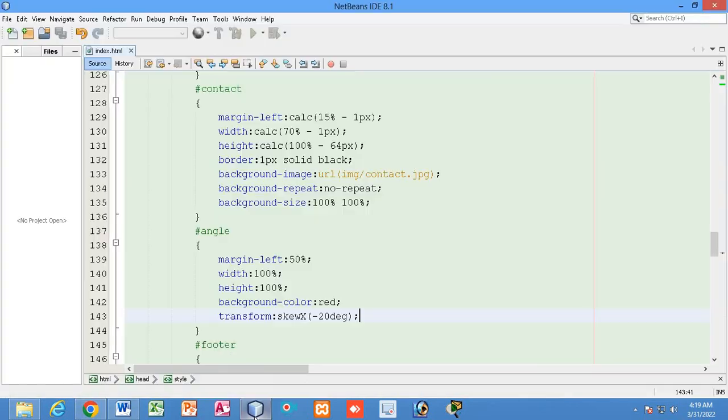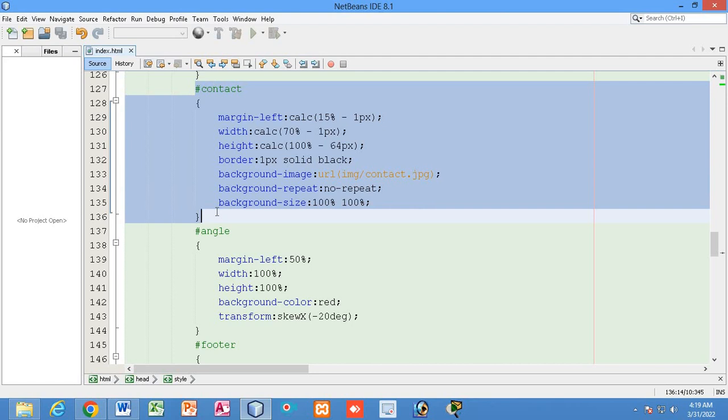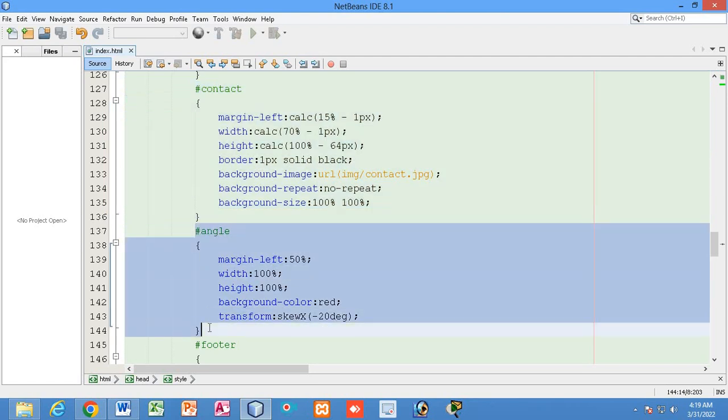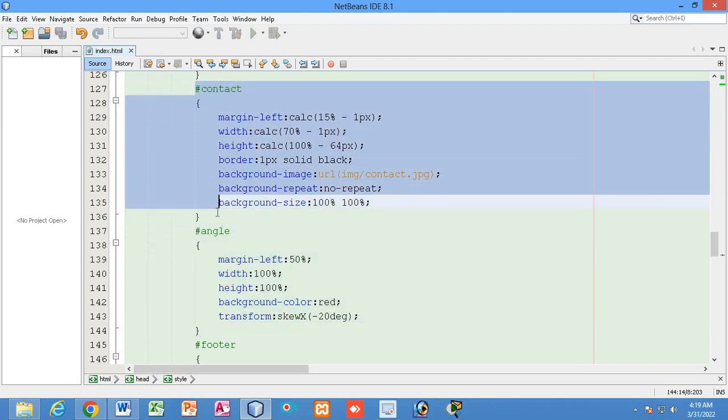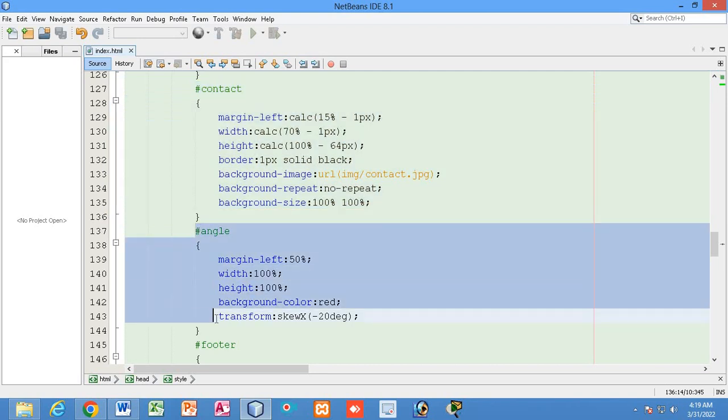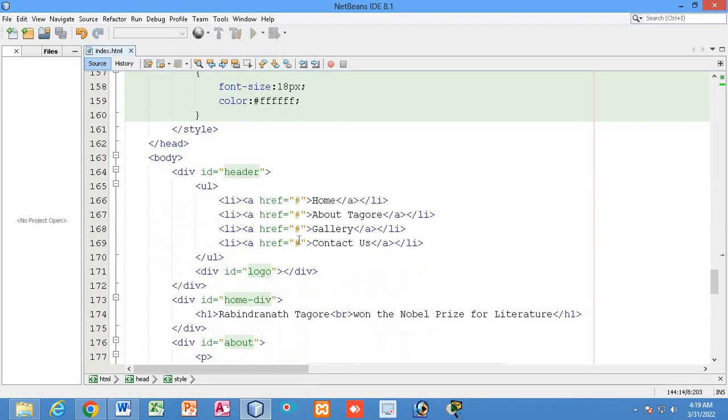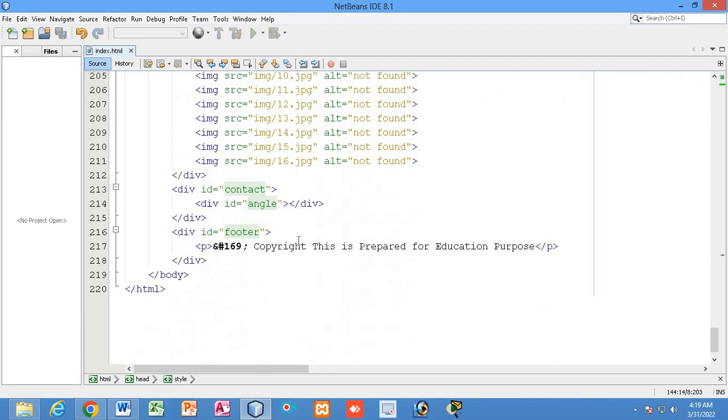Now one thing I will be doing over here. In the contact div, this is the outer div, this is the inside div. Remember, this is the outside div, this is the inside div. Please pay attention. This is the outside div and the angle div is inside.